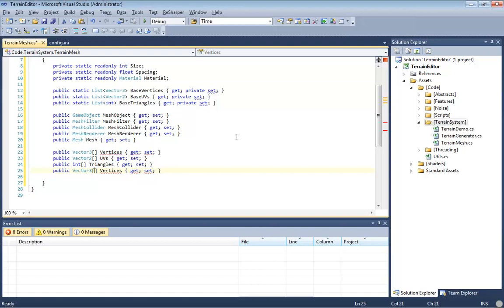And an array of vector 3s for normals. Array of vector 4s for tangents. And we'll make an array of color